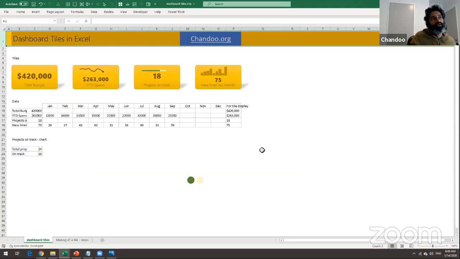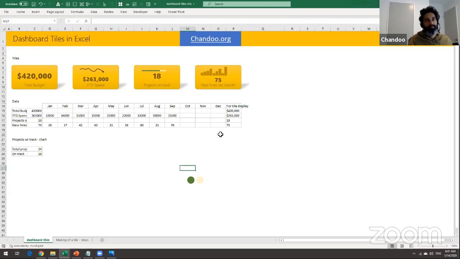these days most people are not reading blogs as much as they used to, so you might have missed this. For example, here is a dashboard tile concept that I shared last year, where if I'm using just cells to put the numbers, then there is only a limited amount of choices that we have. You can make the cell bold, make the font bigger, etc.